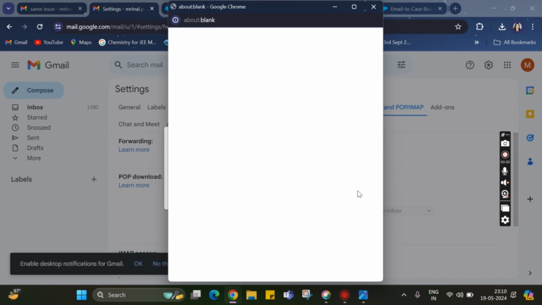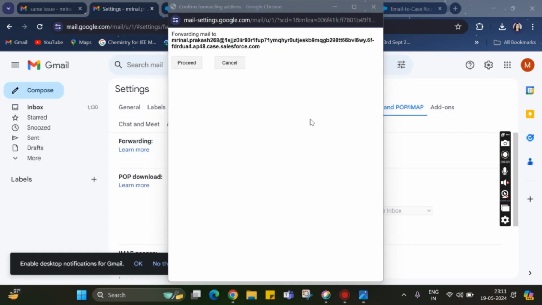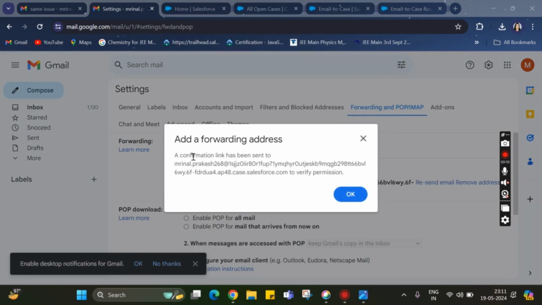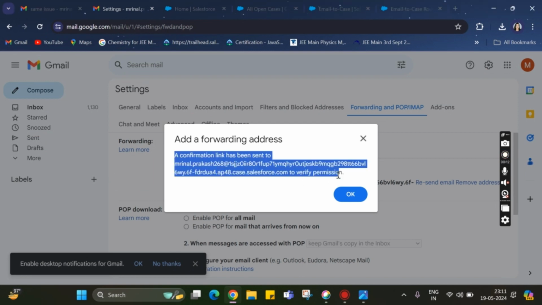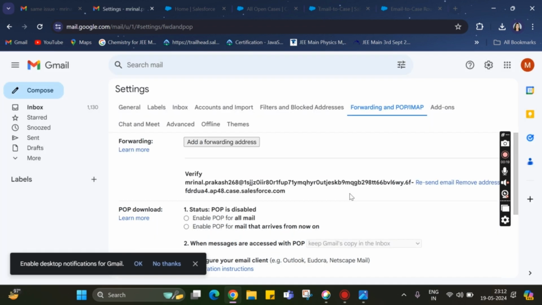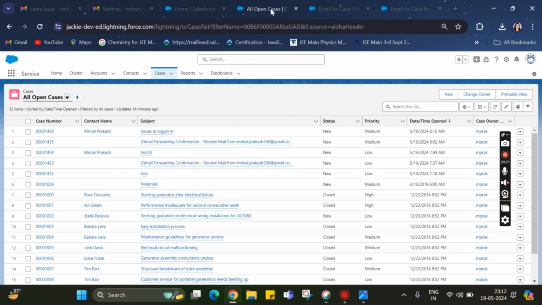And click on next. It will ask me for some kind of verification to add the support address. After verification, I'll proceed to forwarding the mails to the service address. Okay. And now the next step: they have sent a confirmation link to this service address, which means they have created a case with the link in Salesforce. So I'll go to Salesforce and